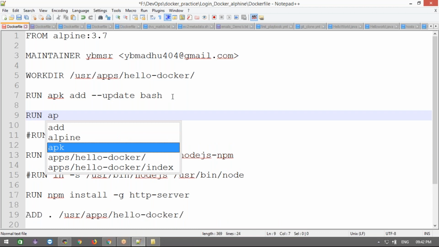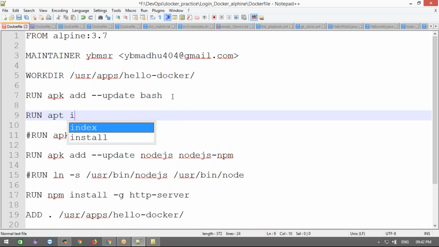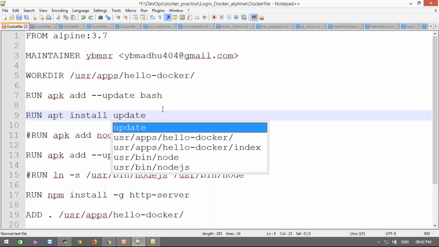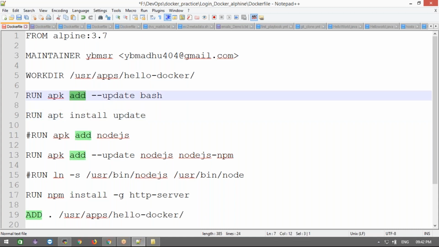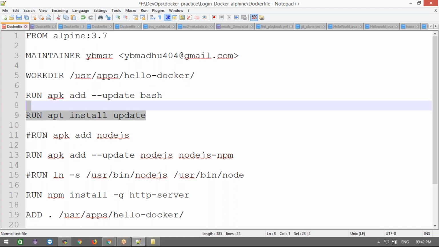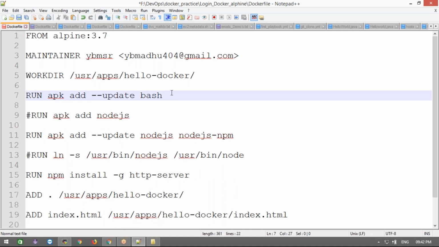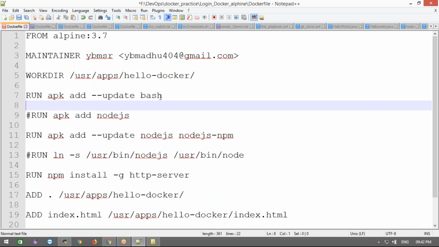Like if it is an Ubuntu base image, how do we do it? apt install, and update. Basically install and update will do; no need for hyphen update for this OS. In Ubuntu we did this update. In the same way here, if it is Alpine Linux, what do we need to use? apk like apt, and install means add here. Then update bash. This is updating the latest Alpine Linux whatever we are taking. I need to update that OS, and we use this command.